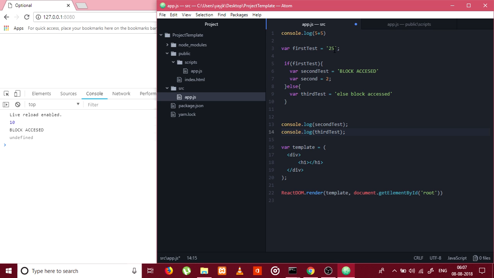Okay, so if our first test was a falsy value, you can see these two variables are not initialized, but this variable is initialized. Hence this console.log statement shows undefined, and the second console.log statement shows third test, the third test variable is shown in the browser. Okay,